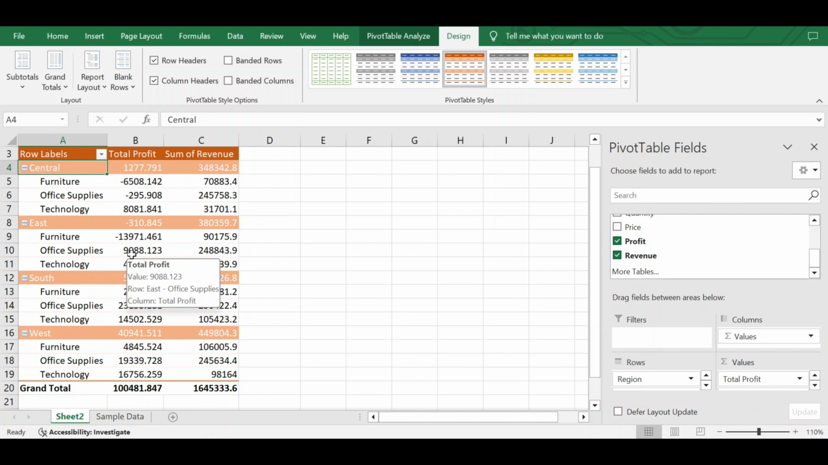Let's see the grouping operation in pivot table. Grouping in pivot table allows us to create subsets of data which can be used for further analysis. How do we create groups? Now here, let's say I have this analysis present for different regions like central, east, south and west. Now, if I want to create a subset of data which contains the central and east region combined together,